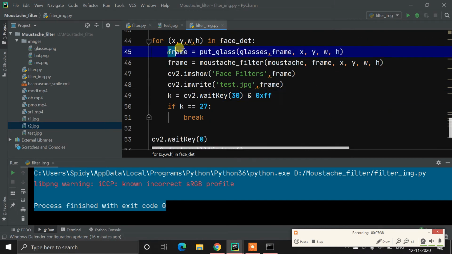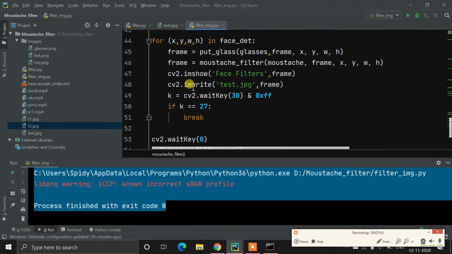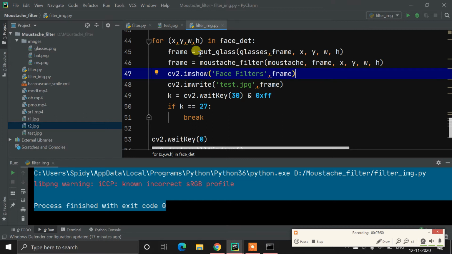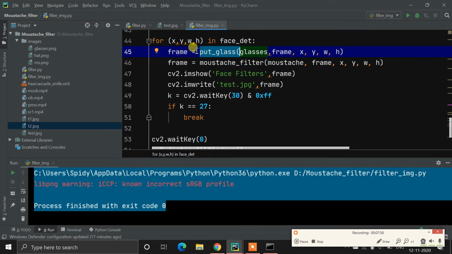In this function's output we are returning fc, meaning simply the frame, and after returning the frame we show it with cv2.imshow, face filter and frame. So one by one I am putting different kinds of overlay images on the same frame. First I have put glasses on this photo. After that, once again I am putting the mustache filter on this photo, and at the end of the code I display that photo and write it with cv2.imwrite.